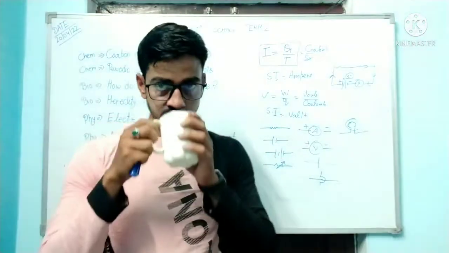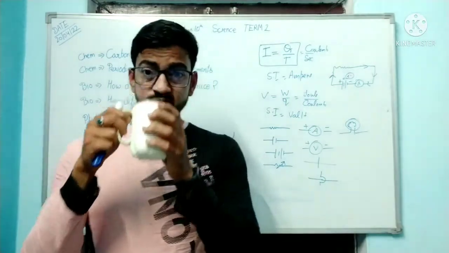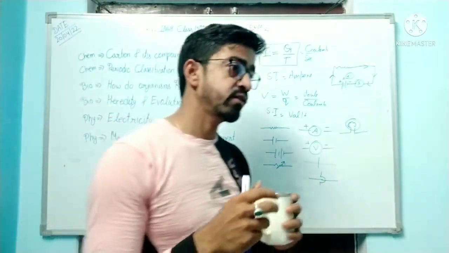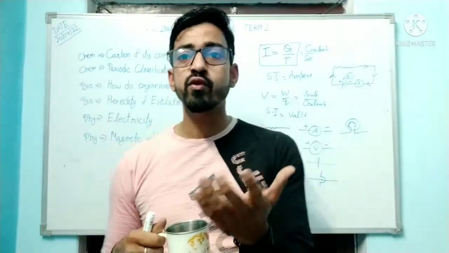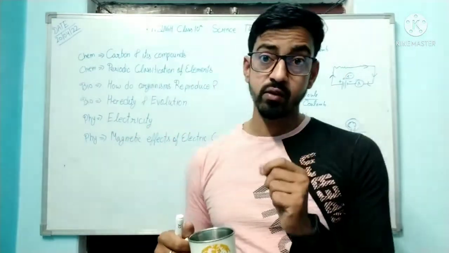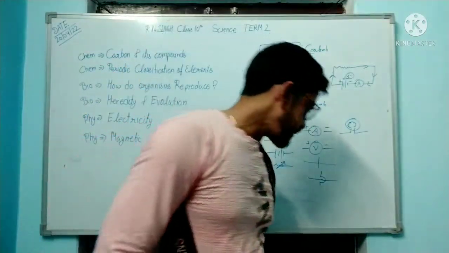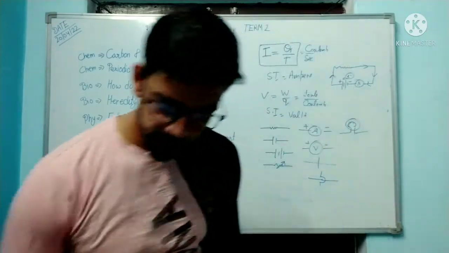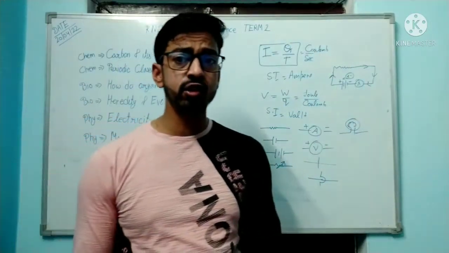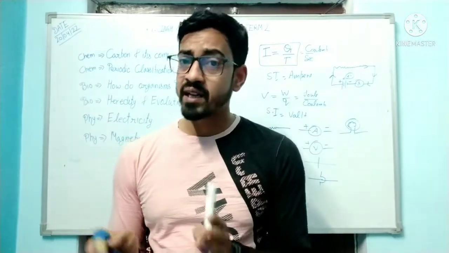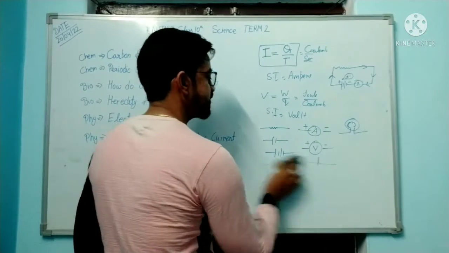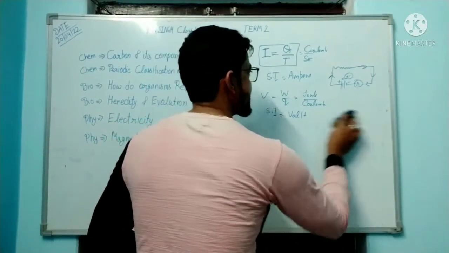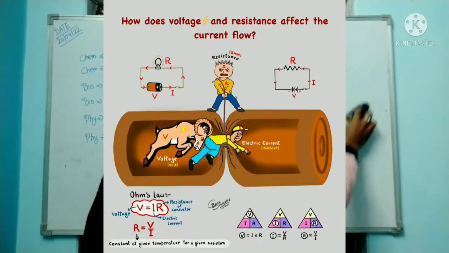Second thing is resistance. And what is the combination of resistance? So before starting this topic, you have to understand what resistance is. Resistance, according to the name, is the barrier in the electric circuit or in the flow of current. So this is explained by Ohm's law first.